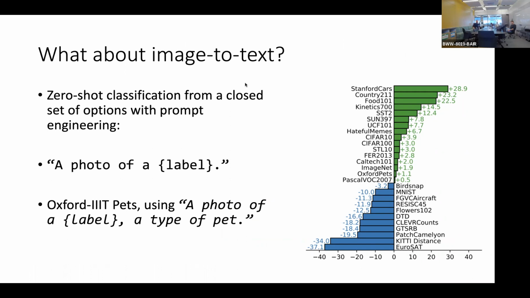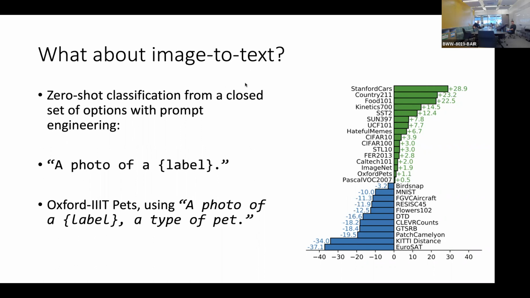In image to text, this is actually the most basic task that we solved. Even classification could be attributed to image to text. We have an image, we want to get a textual class. It might be overlooked, but this is a very important direction, to get a text from an image that explains the image. So one idea to do that, and this was published along with CLIP, is to do classification just based on prompt engineering. As I mentioned, in CLIP you have an image and a text, and you get a matching score between them. So if you make a text, a photo of something, and then put all the classes of ImageNet,